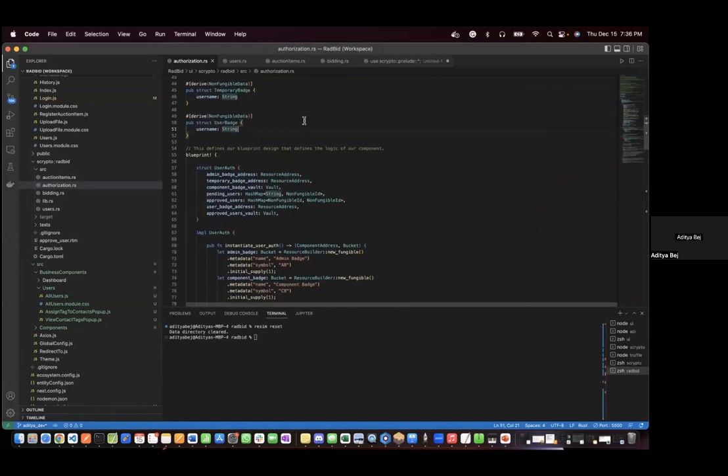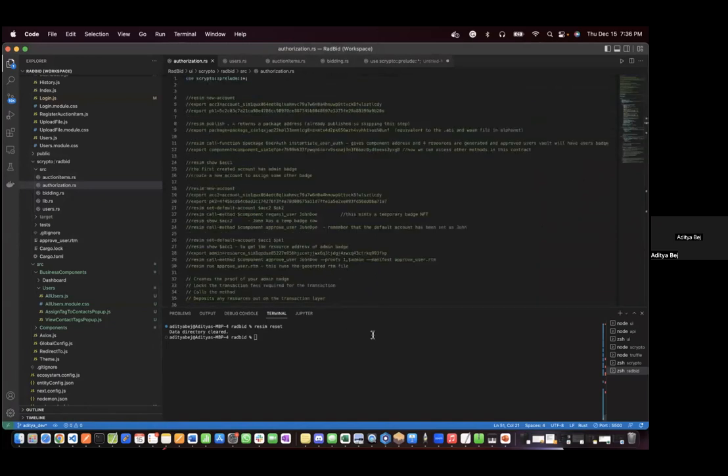So for the authorization contract, let me use Resim to run and show you how this works. The first step would be to create a new account. So Resim new account, we get the account component address, the public key, and the private key. Now let's create the admin account first. The very first account would ideally be the admin account. So export account 1 is equal to the account component address. I will copy the private key of that account,